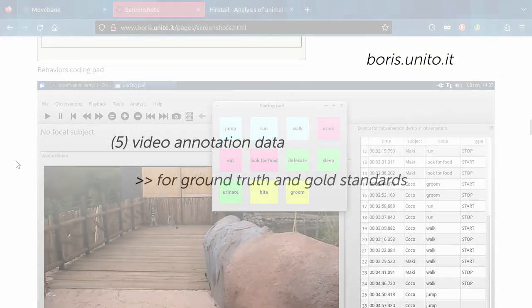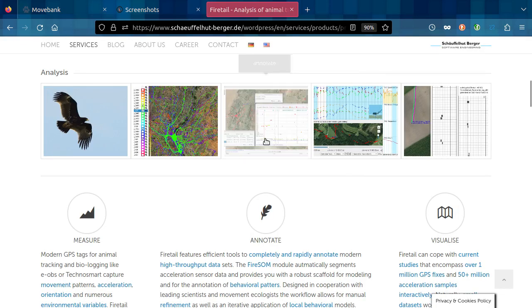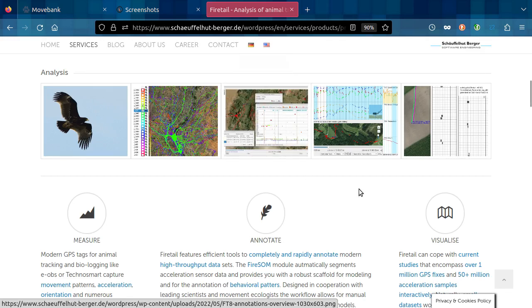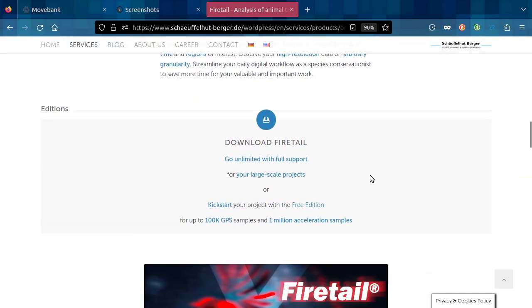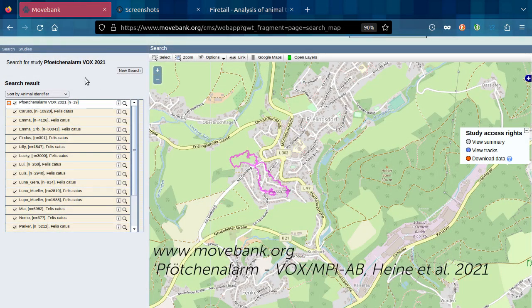Then I would like to show you how to load video annotation data as a gold standard and for embedding ground truth data. To follow this tutorial, a MoveBank account will be required as well as the latest Firetail edition from www.firetail.de. Let me start with a nice project of house cats that the Max Planck Institute of Animal Behavior has